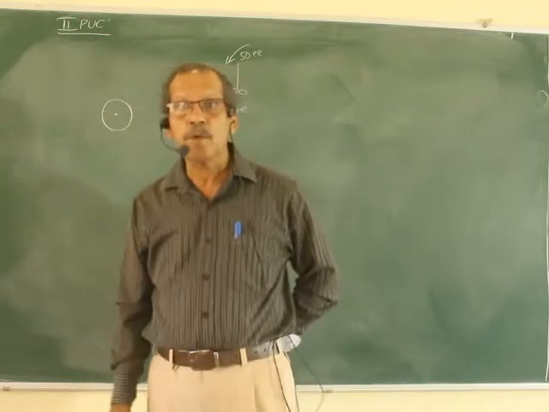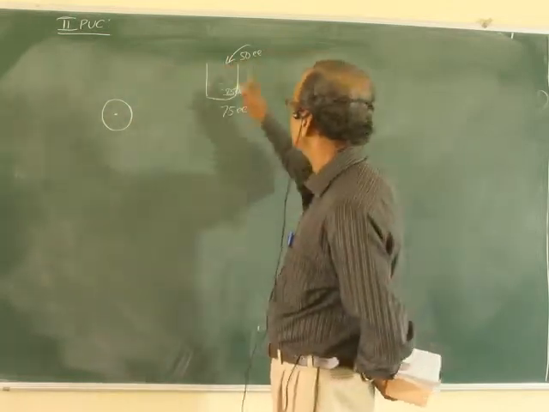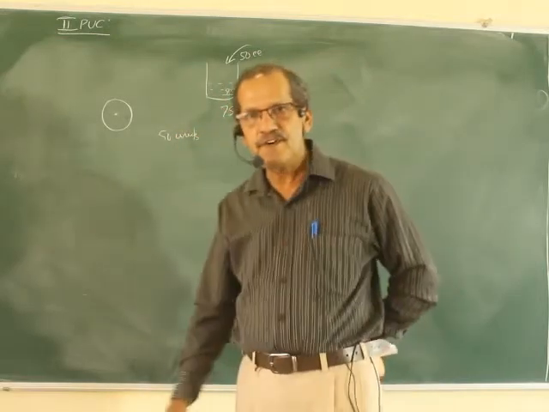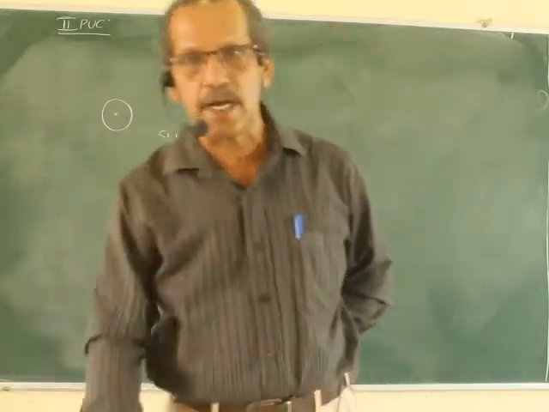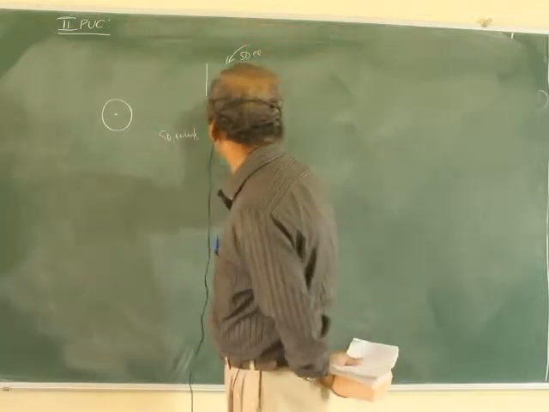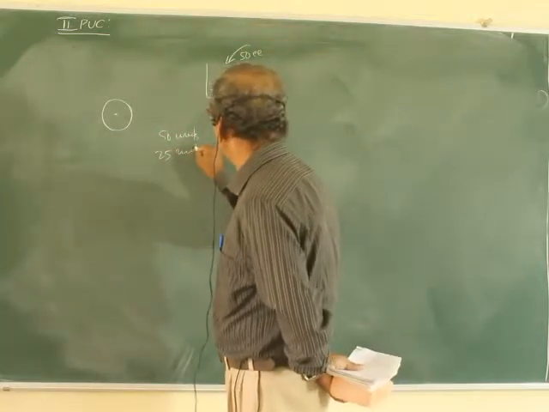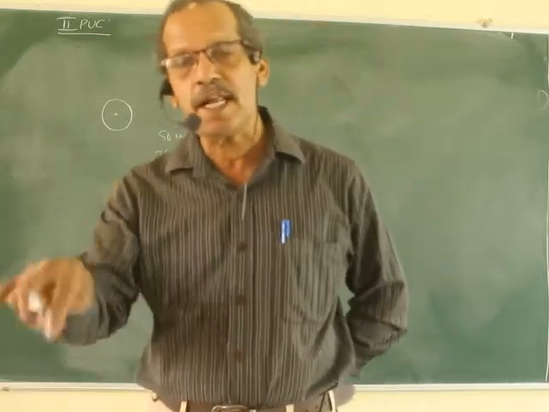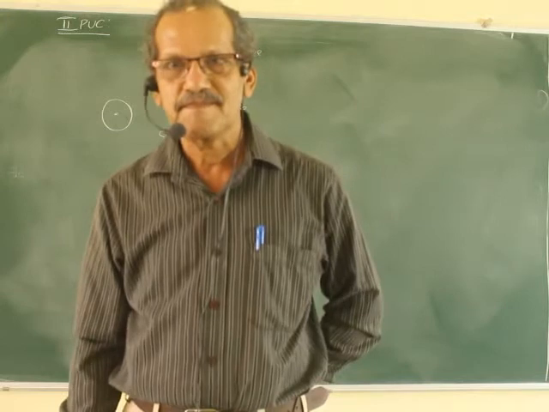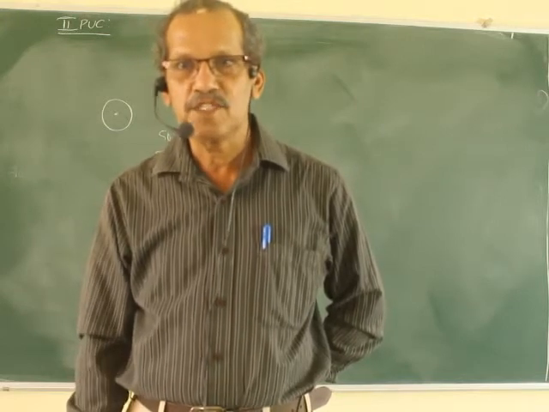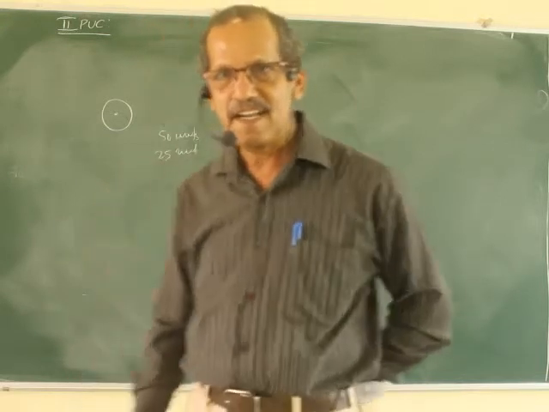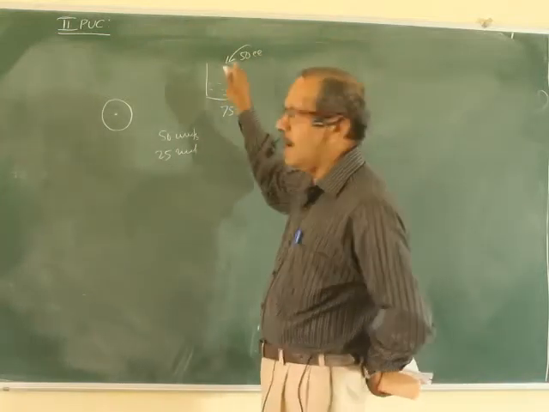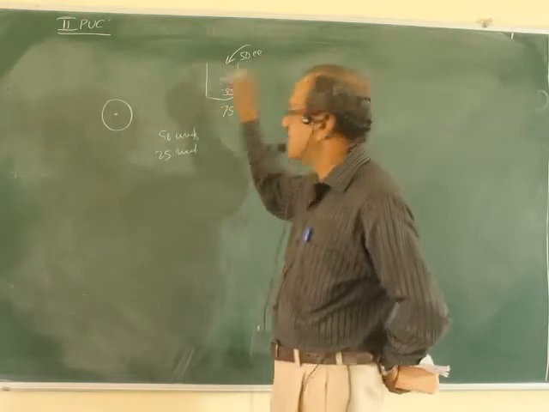Now let me ask the same question. A particular roller is pulled by the first force of 50 units. Applying 50 units of force on the roller. Second person applies 25 units of force on the same roller. Tell me what is the total amount of force on that? Don't say 75. Clear?